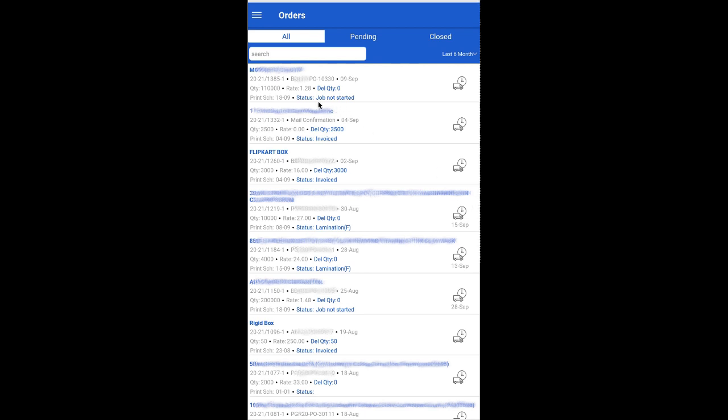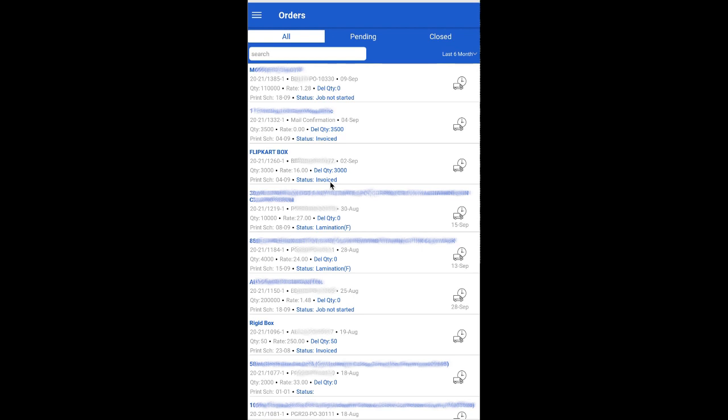You can also search for whatever you want to search for. Let's say you have several items, and you type some keyword over here, the entire list gets shortened, and you only see those items which match those keywords. So now all these blue buttons are clickable, and once we click on them, we get more information again.